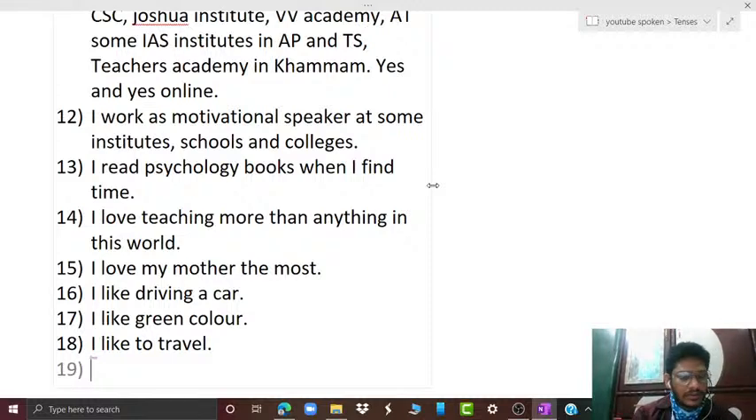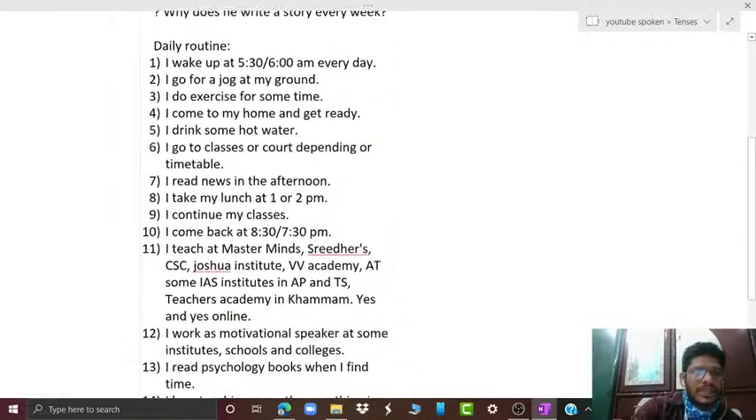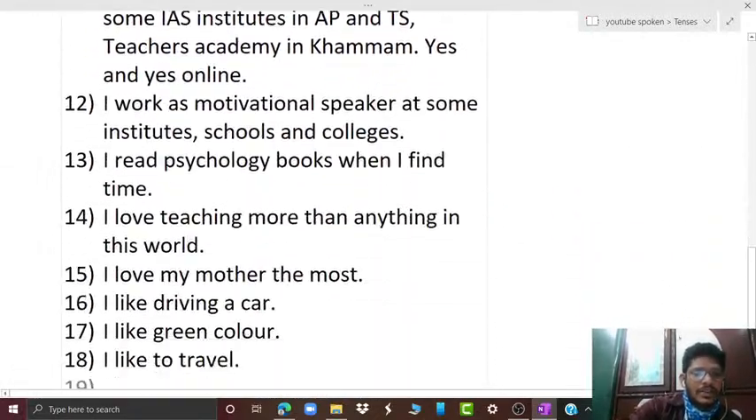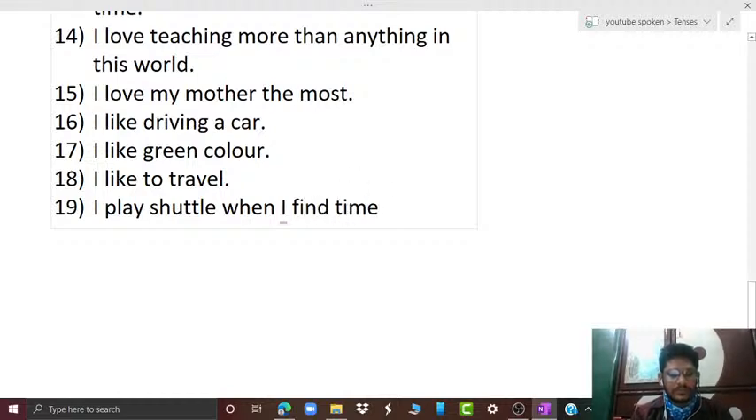So see, not only your daily routine on a weekly basis, or whatever you think you love, you like, all those sentences you write, you can write in this simple present. Okay, I'll write more things about my routine or my hobbies. I love playing shuttle. I play when I find time, and not only shuttle, I play PUBG,